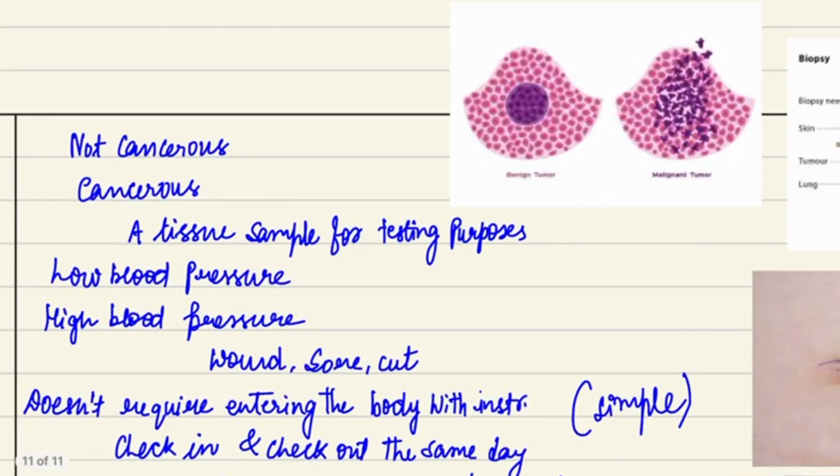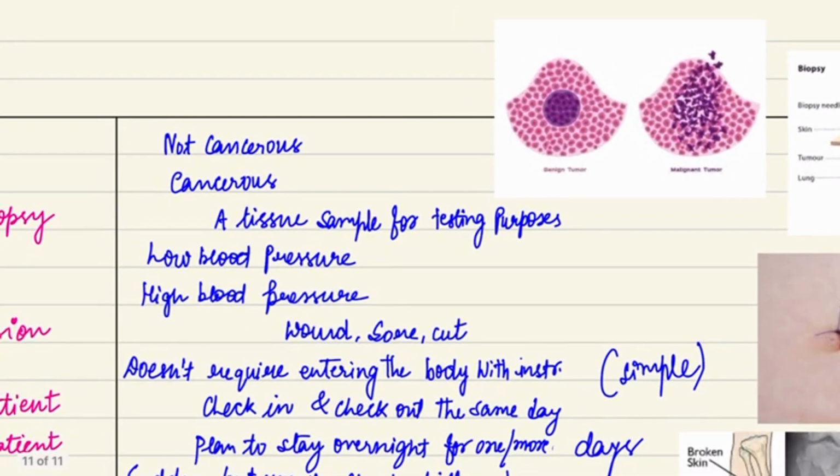You can see here, a benign tumor is confined by a boundary and is situated in a particular place. It is not moving here and there. But in the case of a malignant tumor, you can see that parts of the tissue are spreading out. They are evading out from the tissue and are going to metastasize. It means they are going to spread in the body.